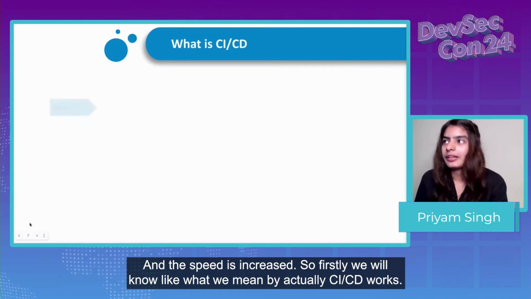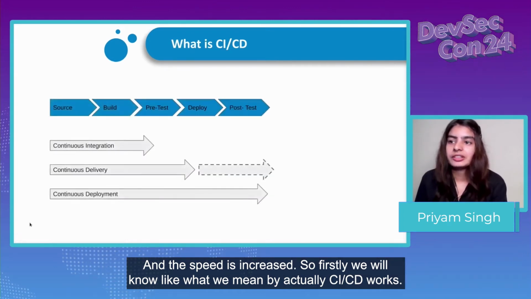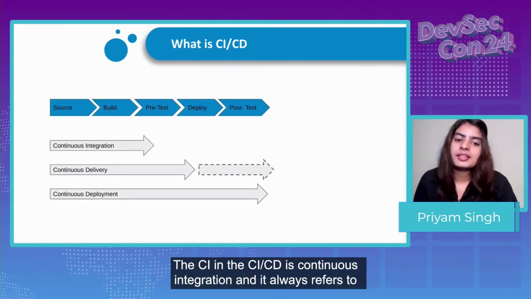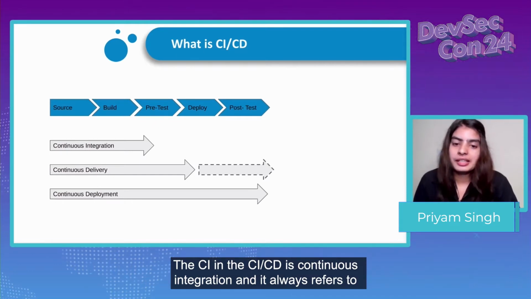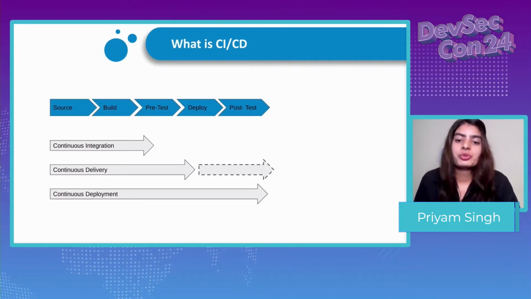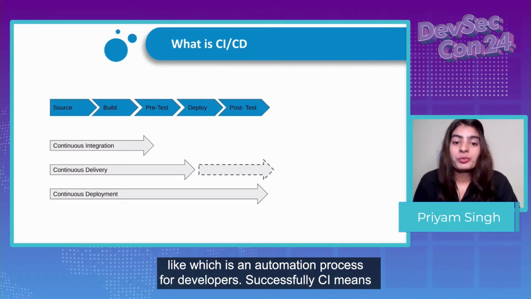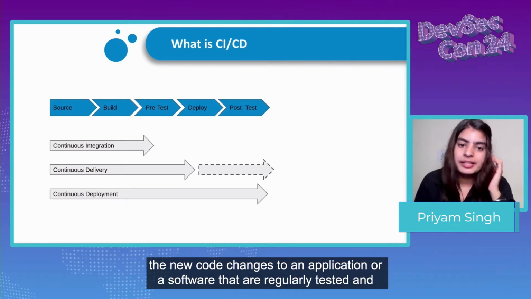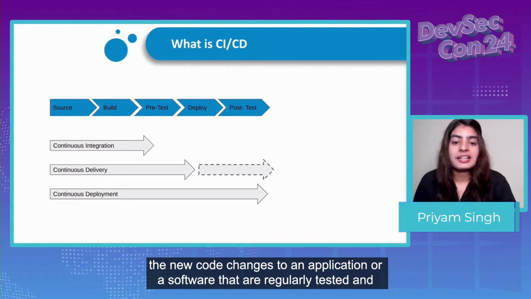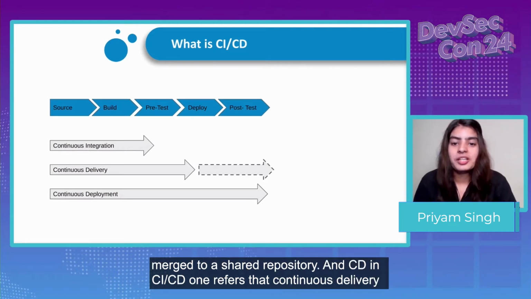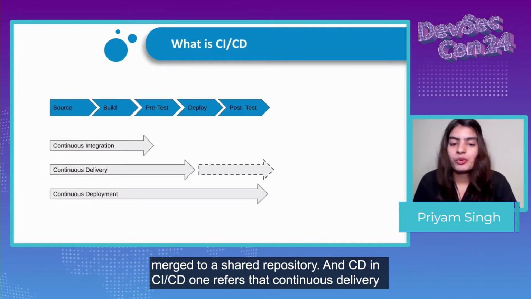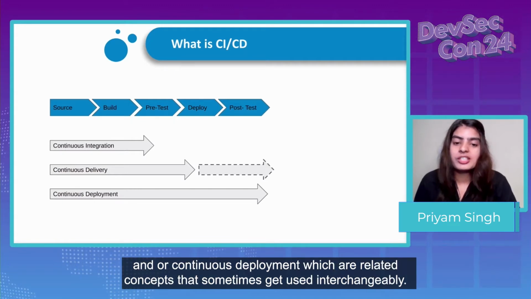Firstly, we will look at what we actually mean by the words CI/CD. The CI in CI/CD is continuous integration, an automation process for developers. CI means the new code changes to an application or software are regularly built, tested, and merged to a shared repository. And CD in CI/CD refers to continuous delivery and or continuous deployment, which are related concepts